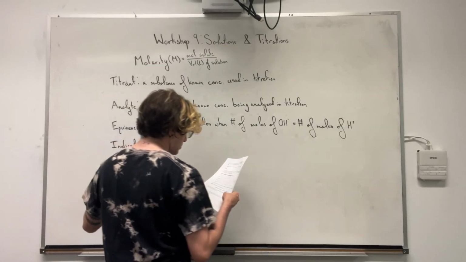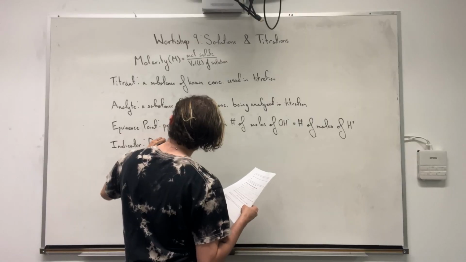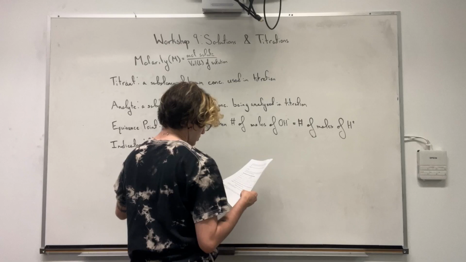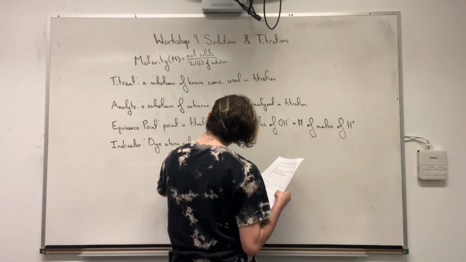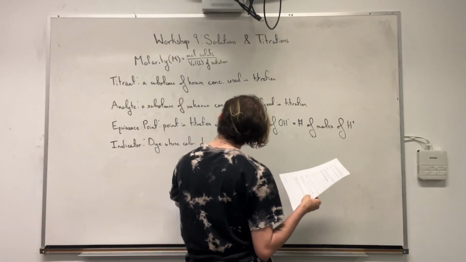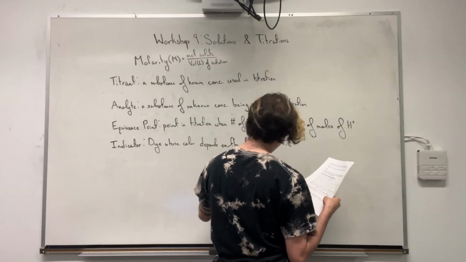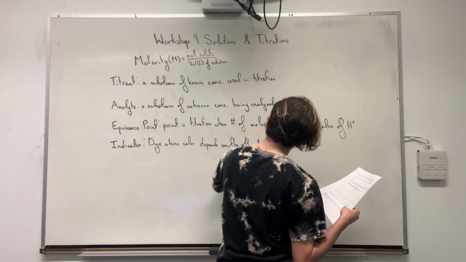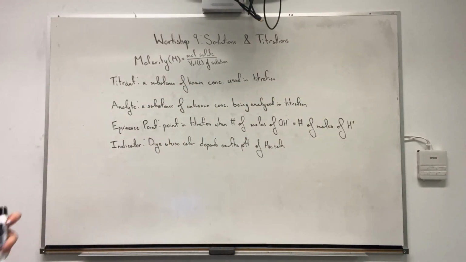Indicator. So an indicator is a dye whose color depends on the pH of the solution. pH, remember, is a scale, or maybe not remember, we don't cover it in the class, but